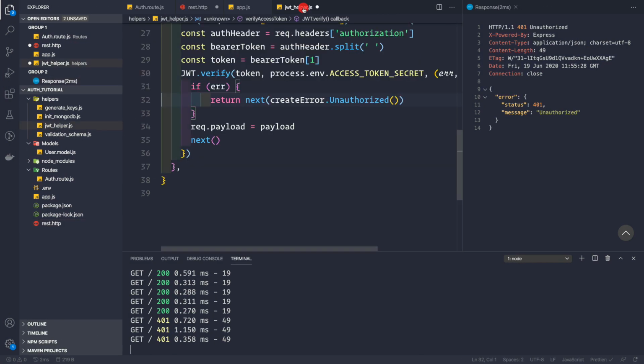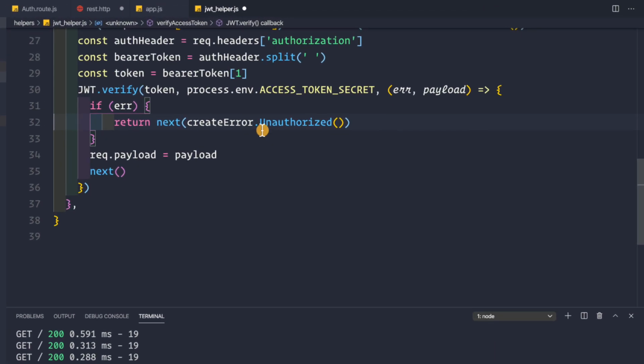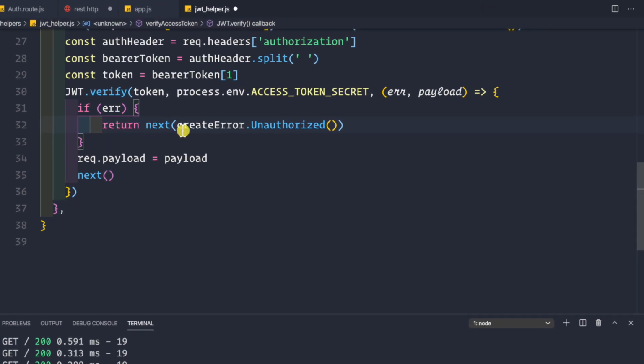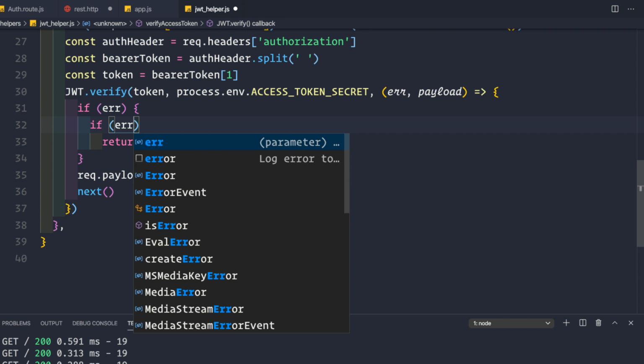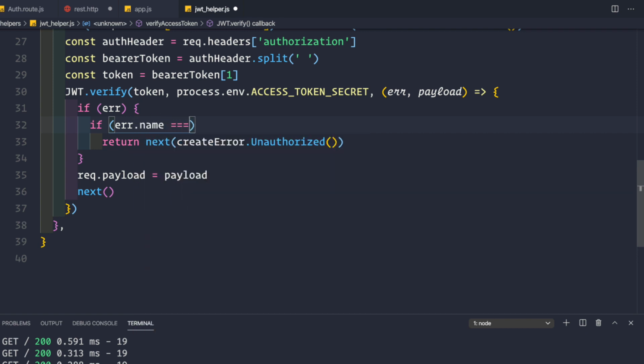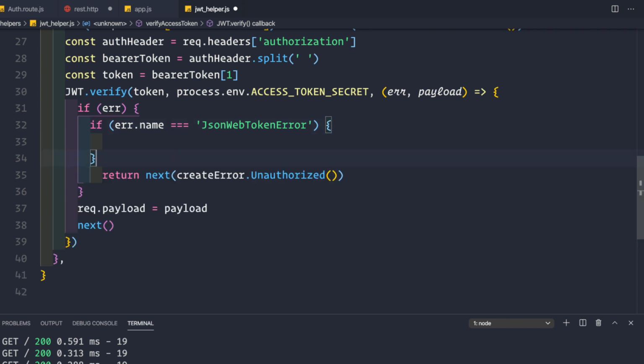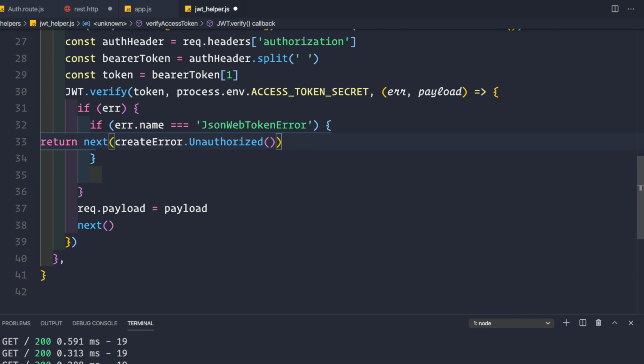So let's go to this JWT helper and let me close this. Here we are simply returning next(createError.Unauthorized). Firstly, we want to check if error.name is equal to JsonWebTokenError, then we can simply return next with an empty body or with the default message, unauthorized.